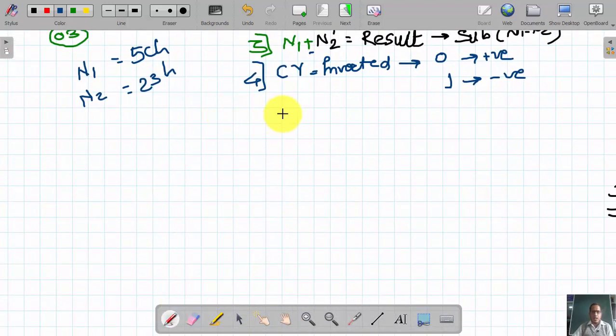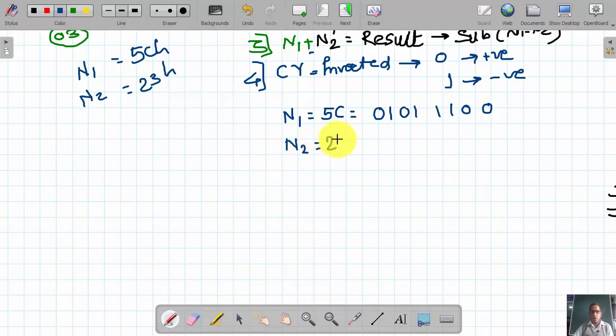Corresponding to number 1, n1 is 5CH, so the value is 0101 1100. The second number n2 is 23H, so the binary equivalent is 0010 0011.